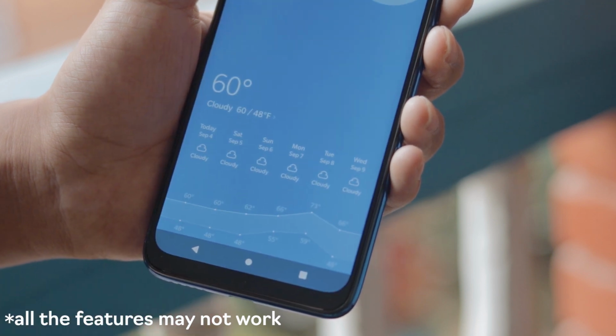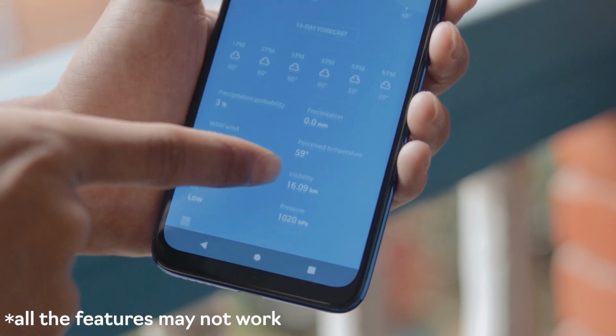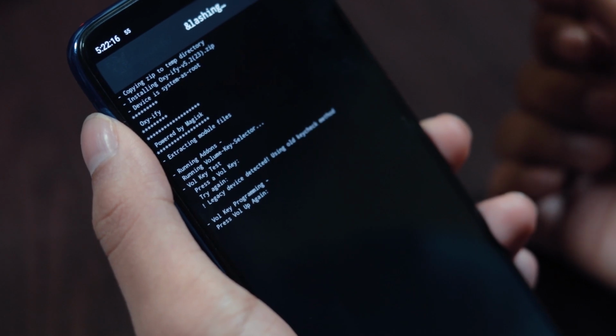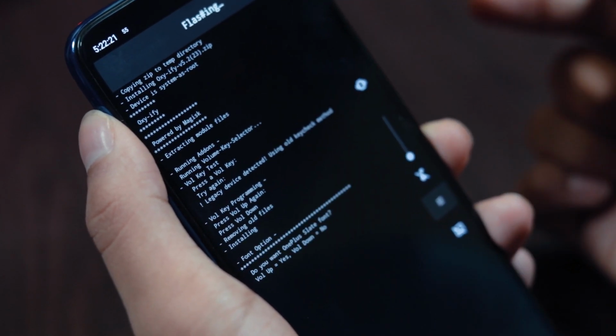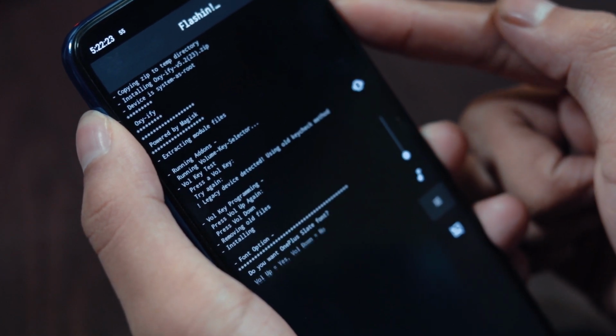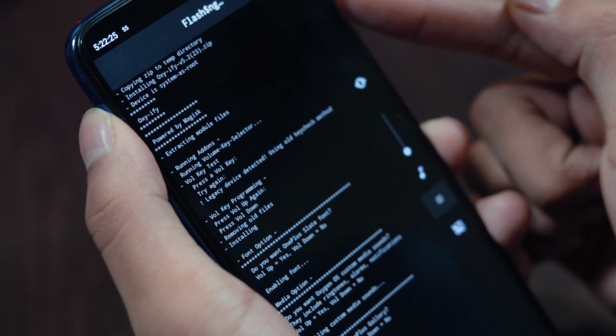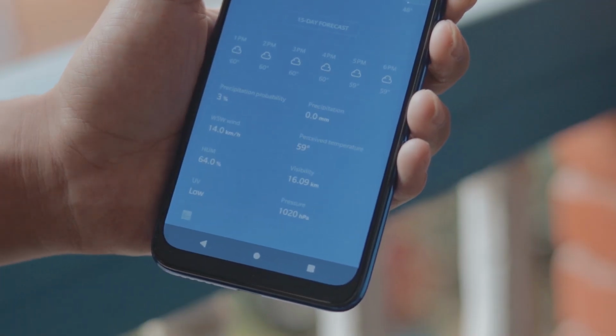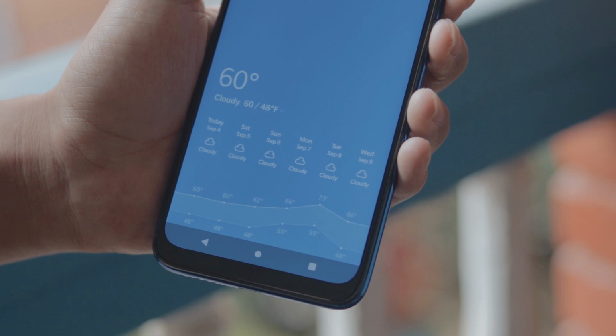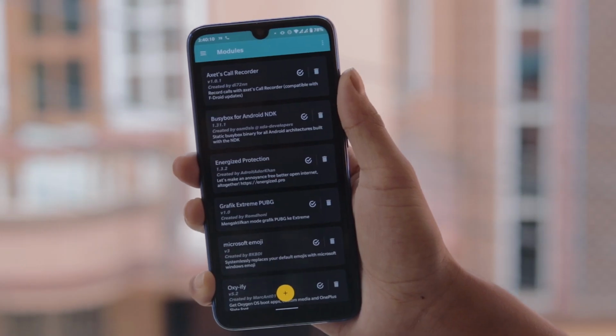Now you can also choose the individual feature which you want to install during the installations. First of all, install the Oxify module from the downloads and choose your volume up key to install and volume down key to skip it. I will skip the OnePlus Slate font and let's reboot the device. Now you have separate OnePlus apps and I just like the weather of OnePlus. The UI is very clean and has lots of information.